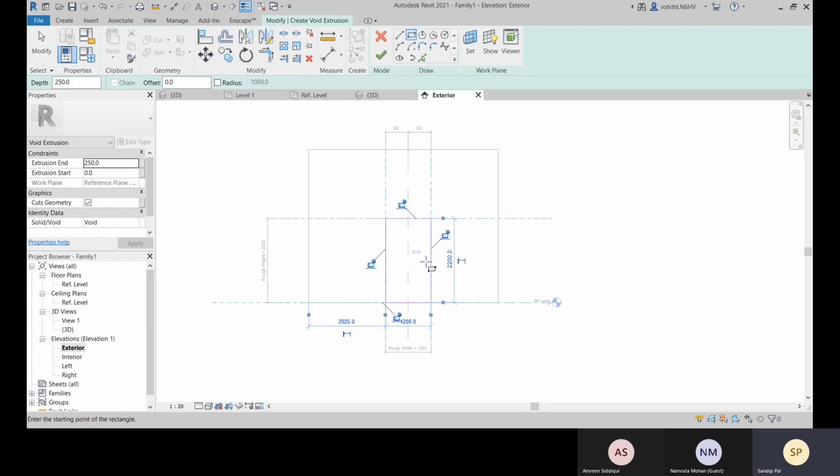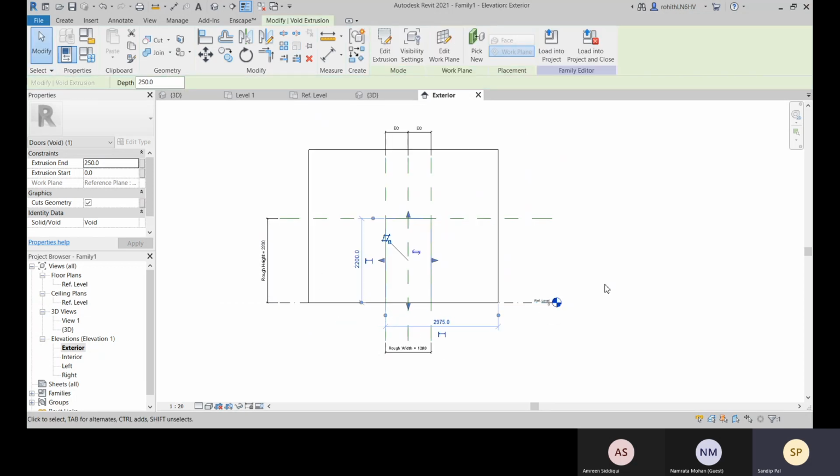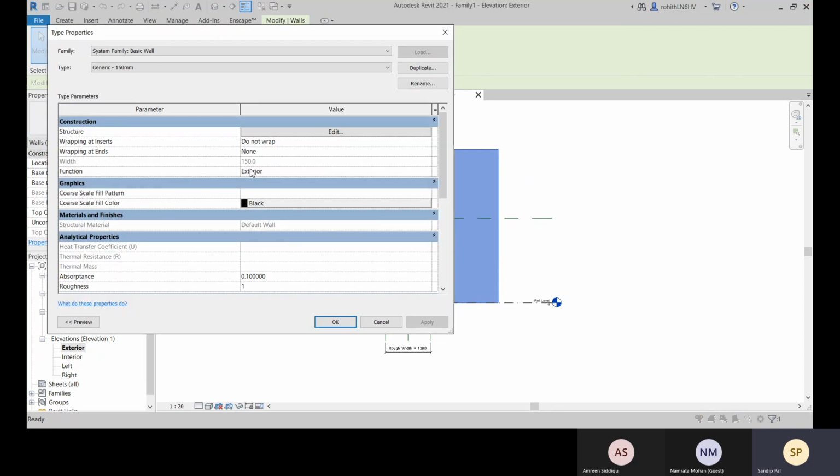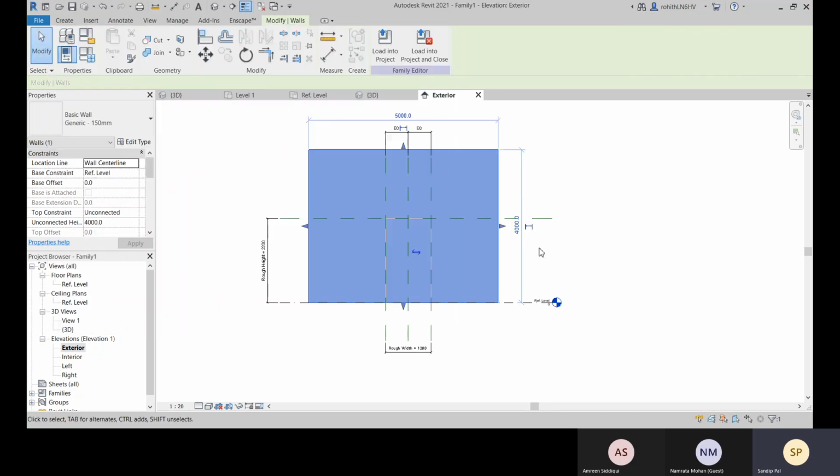So better you lock it, because we will be changing the reference plane, and these lines will be associated with this reference plane, so these lines will also be affected by this parameter. So you can lock it. And how much thickness was it having, like 150 mm. It was having this.